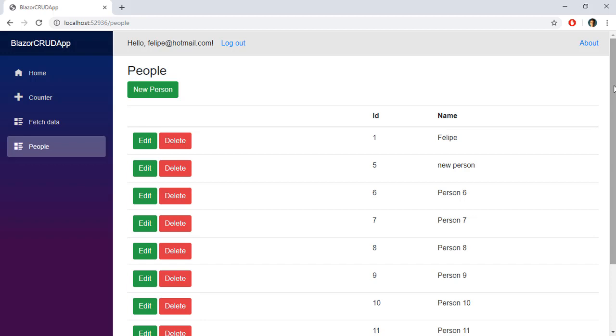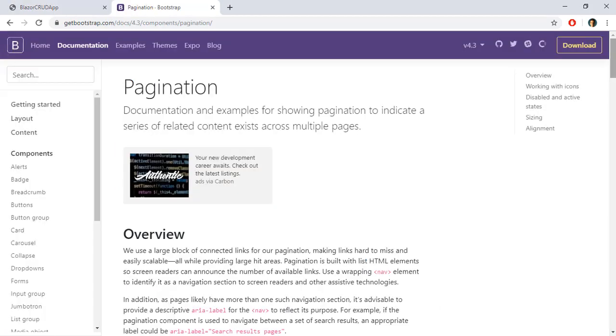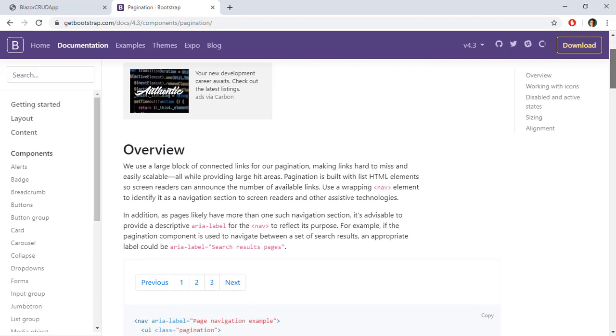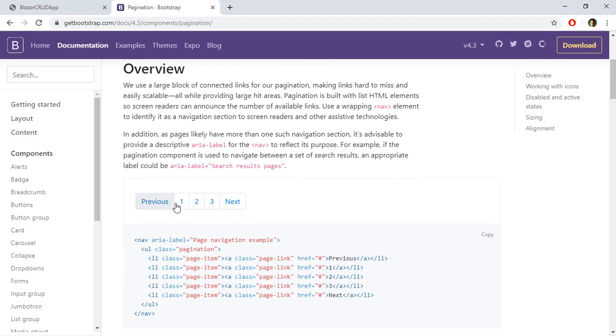of our pagination system. First, I want to show you how our pagination is going to look like. Here we are in Bootstrap and we are going to use these controls here. You are going to have a previous button, a next button, and you are also going to have the numbers of the page here. But I will not display the number of every single page that we have. For example, if we have 100 pages to display, I am not going to display them all at the same time. I am not going to display 1, 2, 3, 4, 5, all the way through 100, because that will